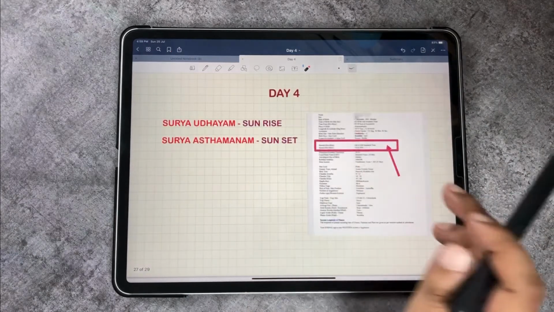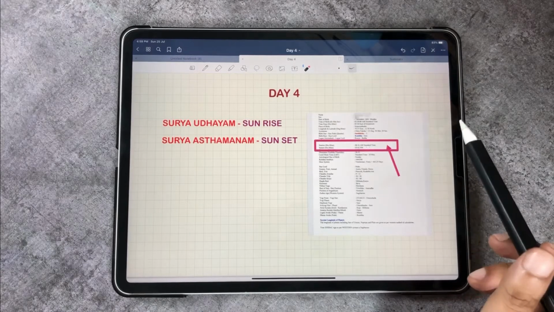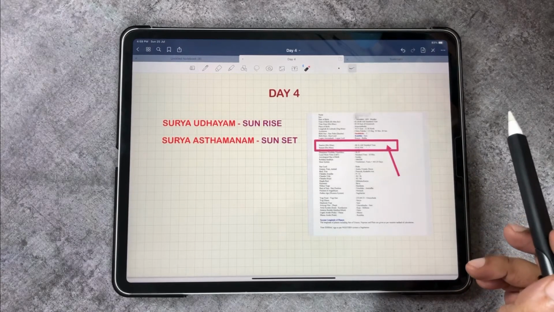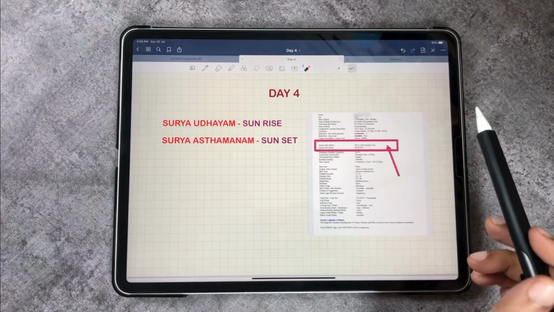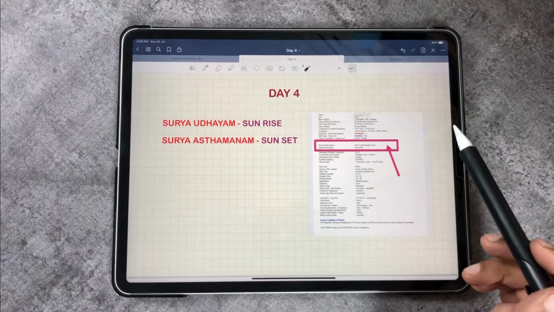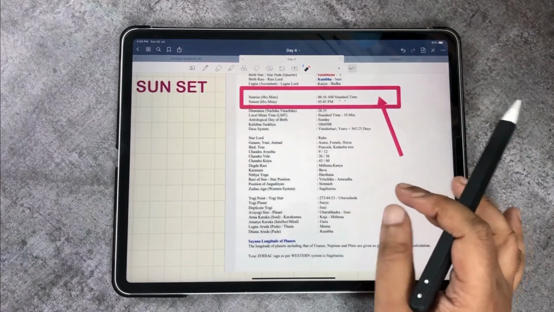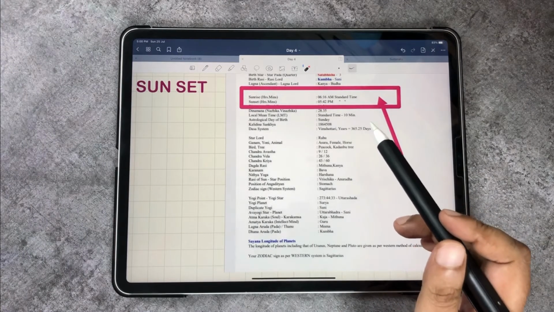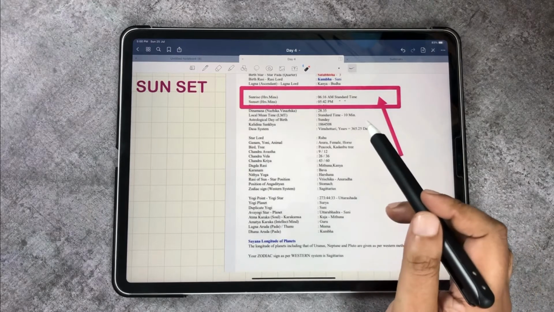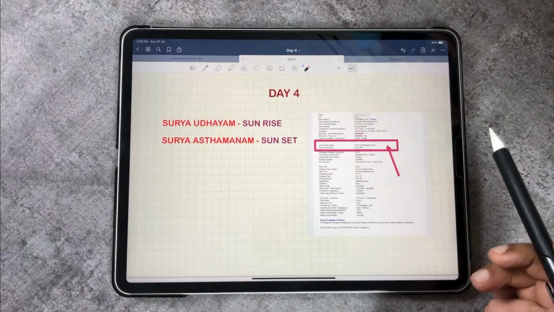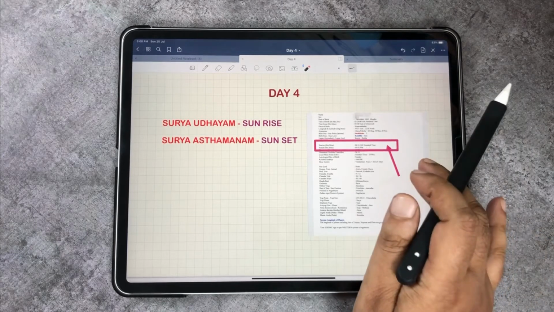In this session, I'm going to introduce a little bit of math or Ganita. In astrology, whatever rule you use for prediction, the base of all of this would start with the Surya Udayam or the sunrise and the Surya Astamanam or the sunset. Even if you look into the first page of your horoscope, both the sunrise time and the sunset time for the place of your birth on the day of your birth would be clearly mentioned. So let's understand both sunrise and sunset astrologically.